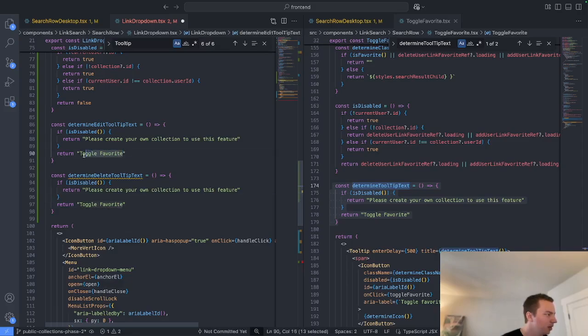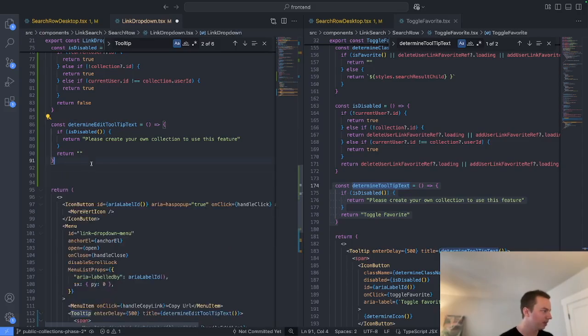And for edit, we are going to say edit this link. And we're going to say delete this link. That's just not helpful. We don't need that. That's overkill. We're gonna just say determine tooltip text, and there's no tooltip if